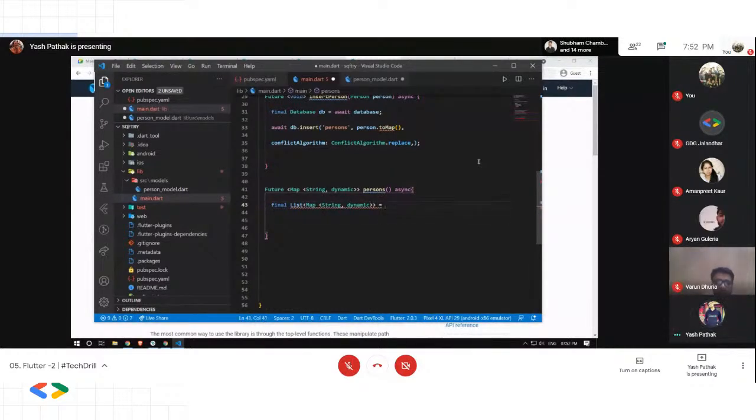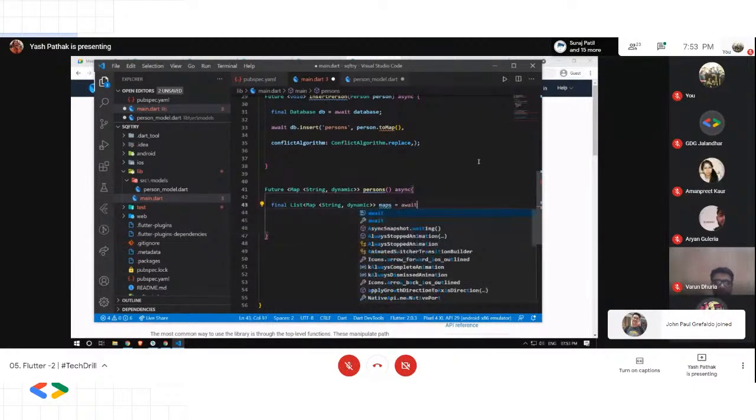Okay. And then I have to name this list because I'm mapping it. So I will name it maps, and I will add what? db.query